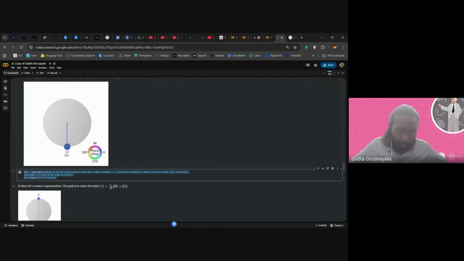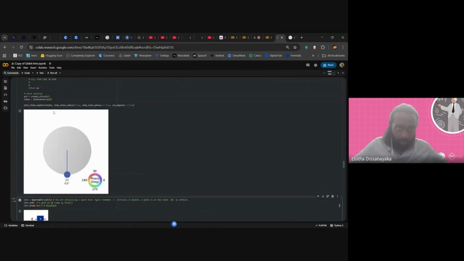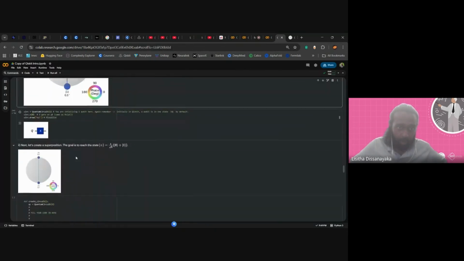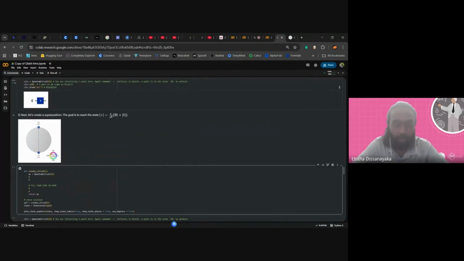This is how we can create the circuit developing this function. Next, we are creating a superposition. For superposition, we are using the Hadamard gate. You know that the Hadamard gate is used for superposition. We initialize one qubit and then apply the Hadamard gate, and then the